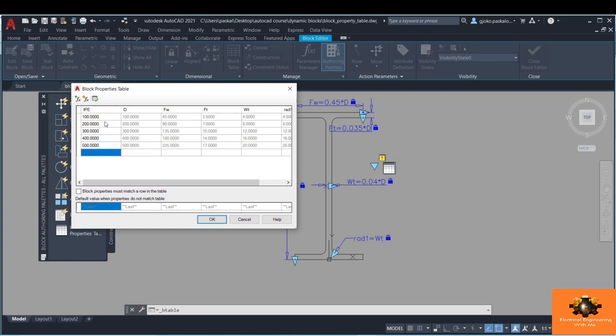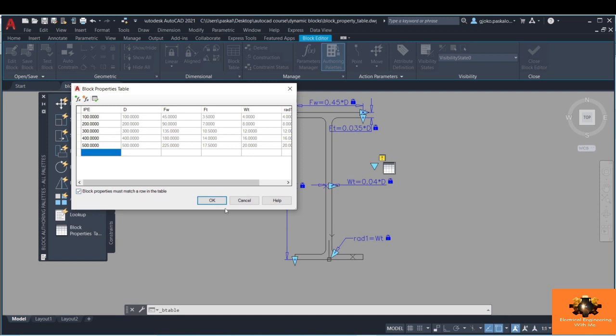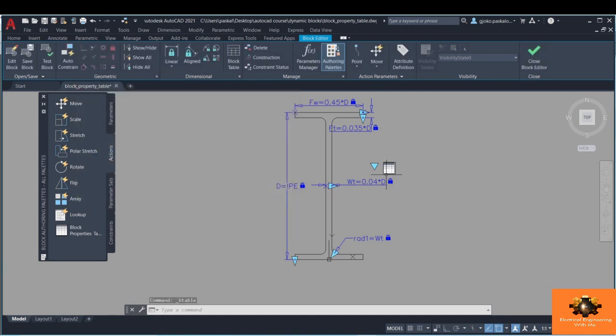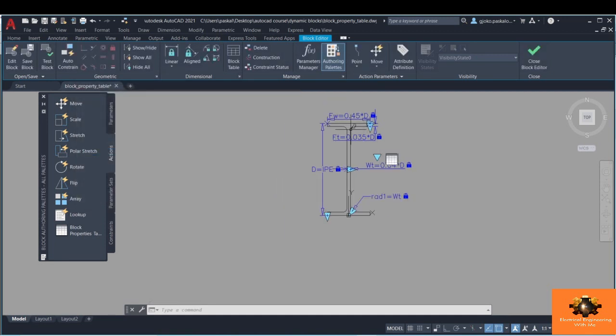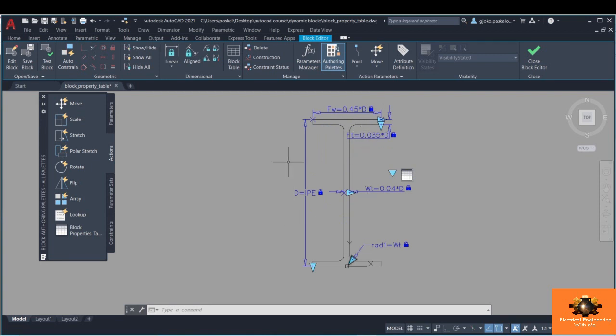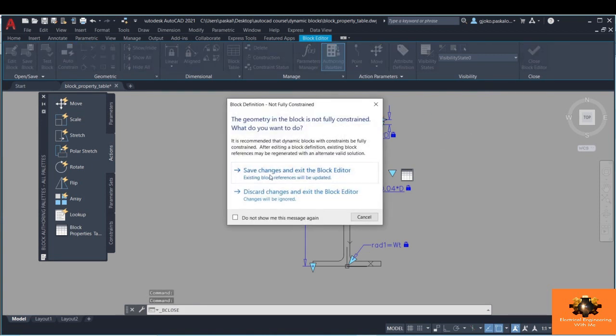Okay, 500, I think this is enough. We can select this: block property must match a row in the table. So I will select it, and we will be able to select just the defined dimensional properties. And everything is done, our block is created, and let's see what we have. I will close this block editor, save the changes,